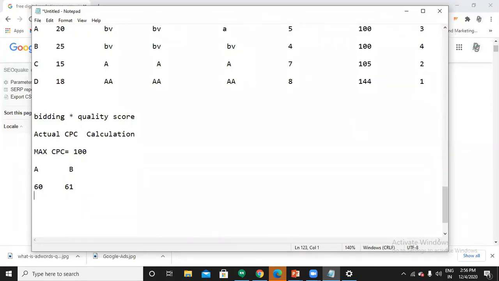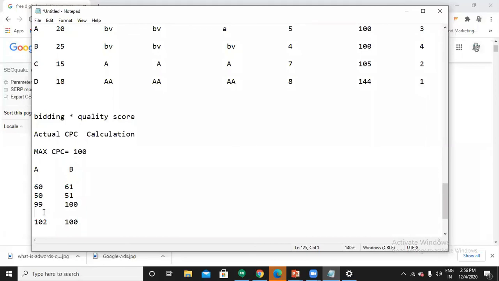Next, if it is 50, it will take 51. If it is 99, 100. If it is 102, 103? No, 100 only. Why? Because its max CPC is 100 rupees only, so how can it take more than 100 rupees?